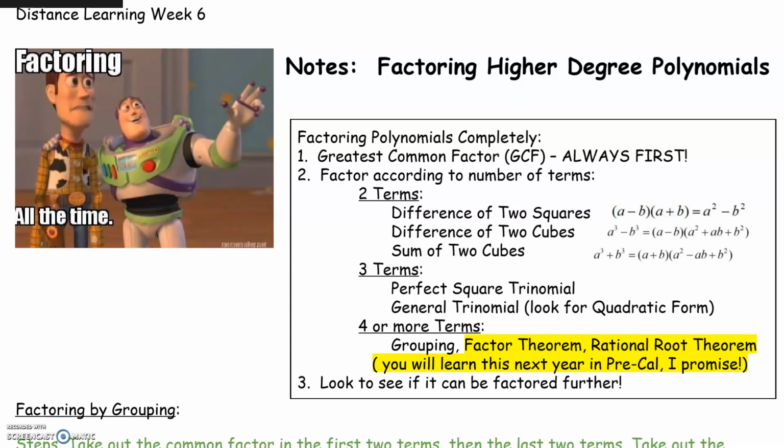All right, so these are the notes on factoring higher degree polynomials. When we are factoring higher degree polynomials, the first thing that you're going to need to think about is, number one,